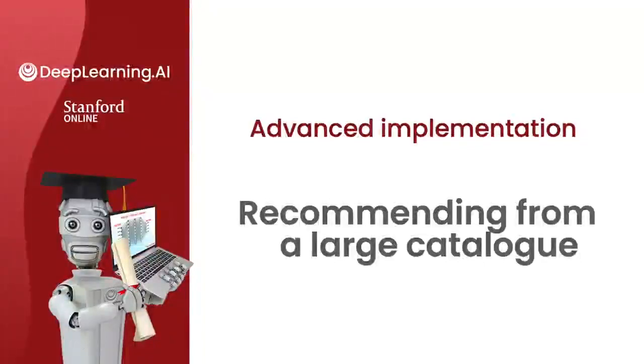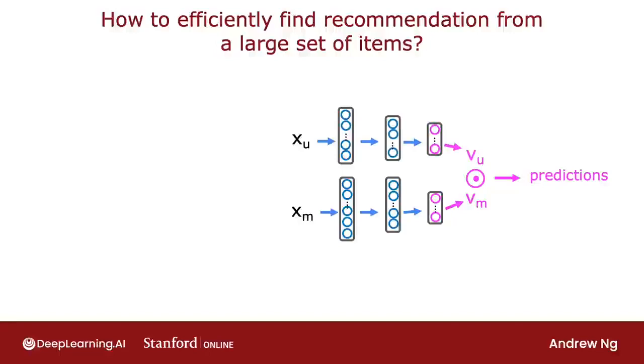Today's recommender systems will sometimes need to pick a handful of items to recommend from a catalog of thousands or millions or tens of millions or even more items. How do you do this efficiently computationally? Let's take a look. Here's the neural network we've been using to make predictions about how a user might rate